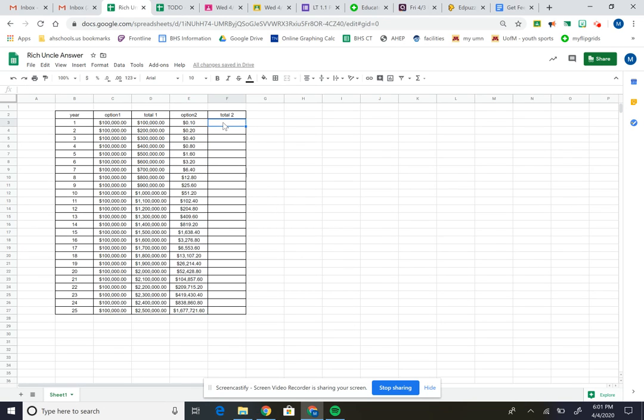And now we can use the same kind of sum formula where we add up what we had previously with what we are getting in the new year. So sum 20 cents plus the 10 cents we had before, the total we had before. We drag that out,